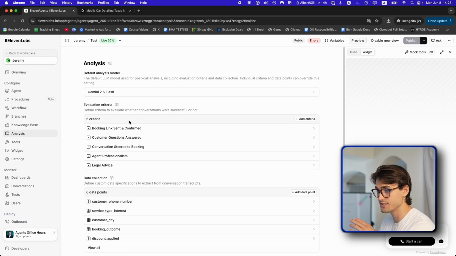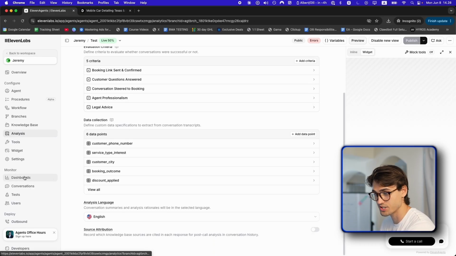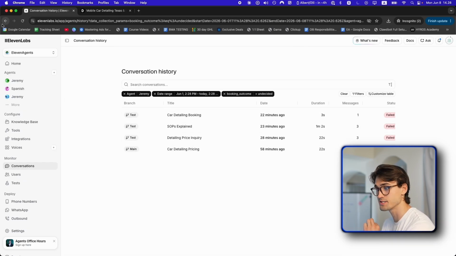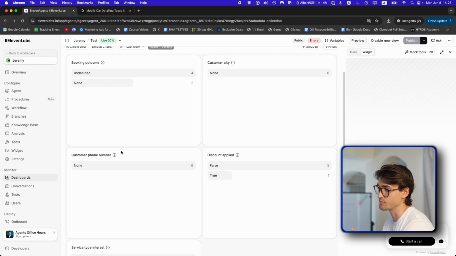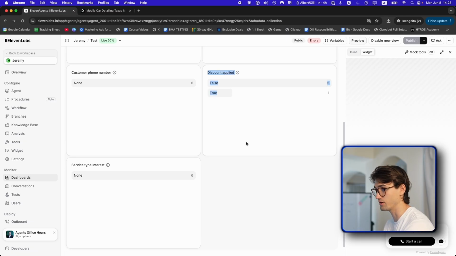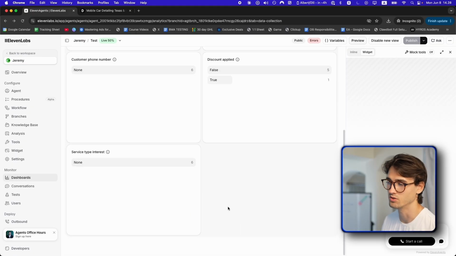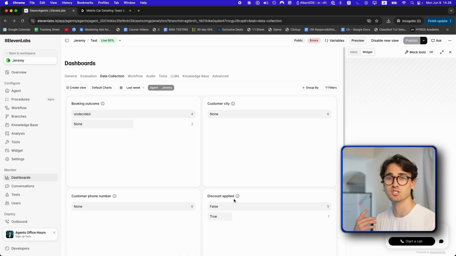Inside of analysis is also where we set the data collection. And that is what we can see right here. We can see the information that it got. So the booking outcome, the customer's phone numbers, if we give those, if we gave a discount or if we didn't give a discount. All of this information is things that we can store as well and we can export, etc. This is probably not something that you would use for that much unless you want to save some information